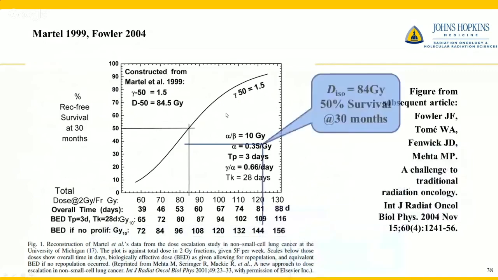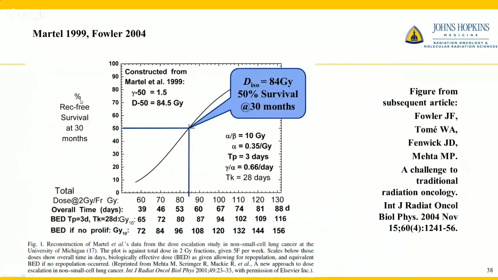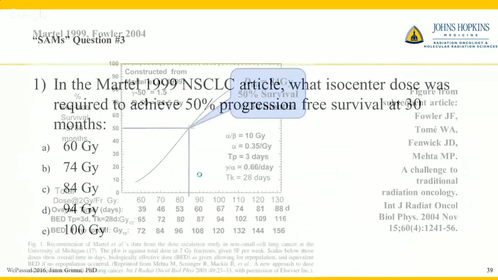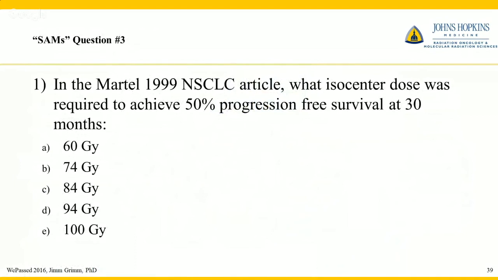It's a pretty remarkable result that at 30 months, endpoint is important. What endpoint are we talking about? It's recurrence-free survival at 30 months, a duration of control. To achieve 50% survival at 30 months, it required 84 gray. That is a very high dose. Just to imagine 42 fractions for a lung patient, it's very, very challenging. So that's not the most optimistic result, but it just shows the need for dose escalation.